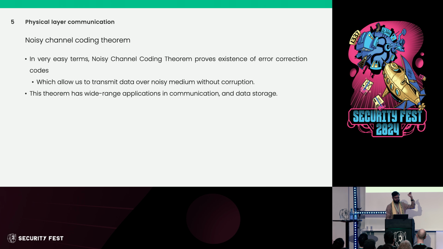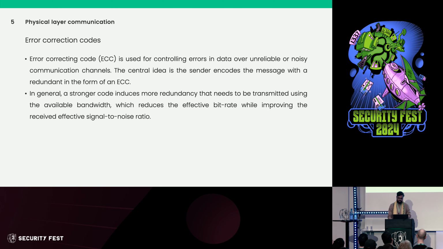Now, once we have established this, there was a lot of work on error correction mechanisms, and these are called error correction codes. These are basically extra bits in transmission which do three things. One, they tell you if there is an error. Second, they tell you which bit is incorrect. And third, they allow you to recover that bit. First, you need to know that some error happened. Second, you need to know exactly on which bit that error happened, and then you need to figure out how to correct that error. Okay?